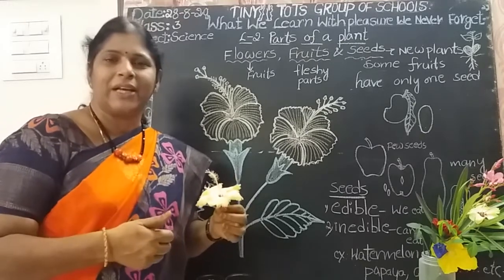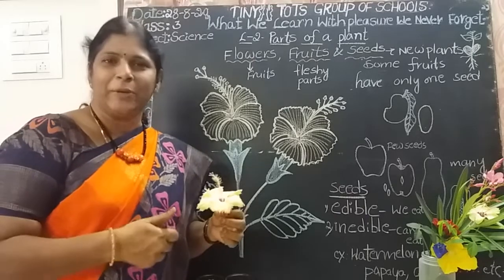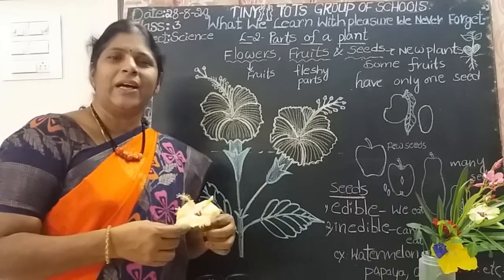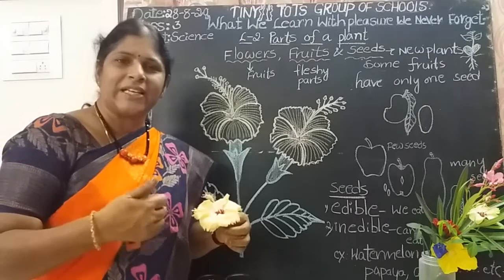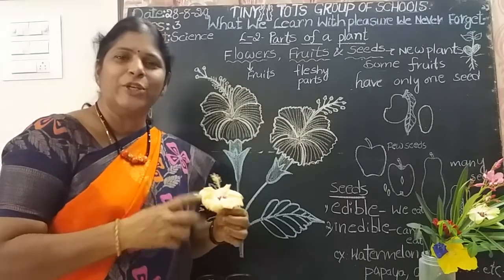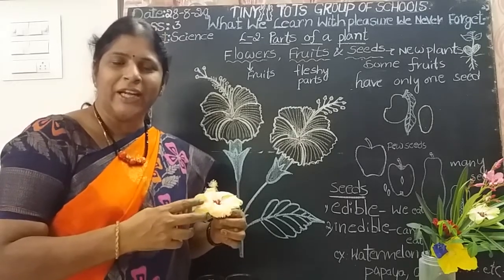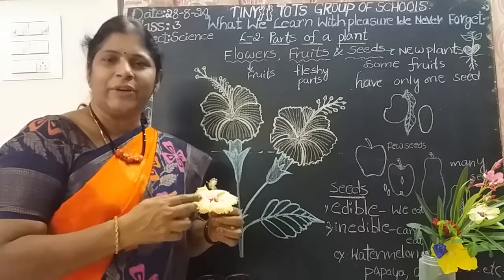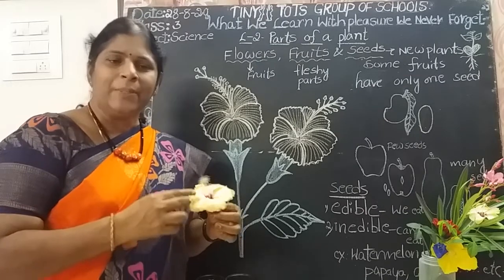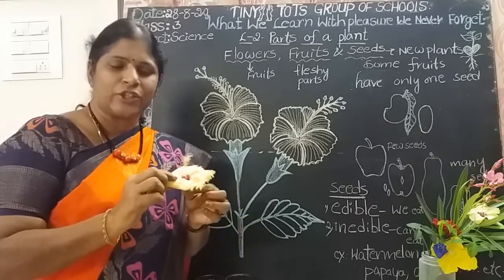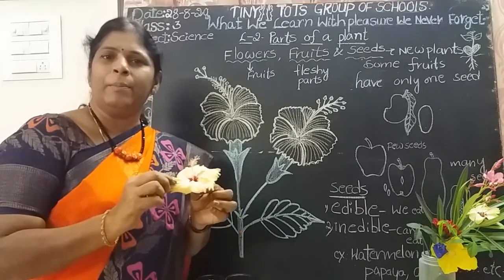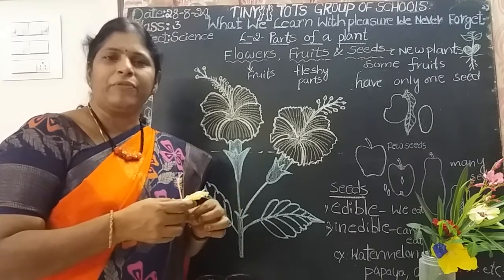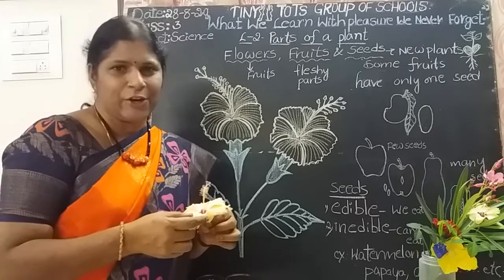Many people also make perfumes. Your mother and father apply perfume on their bodies. They give a good smell, no children? We use perfumes and scents, and they are prepared by using flowers only. They also use flowers for preparing dyes. Flowers are the source of food, honey and medicines. Flowers give beauty to our surroundings.